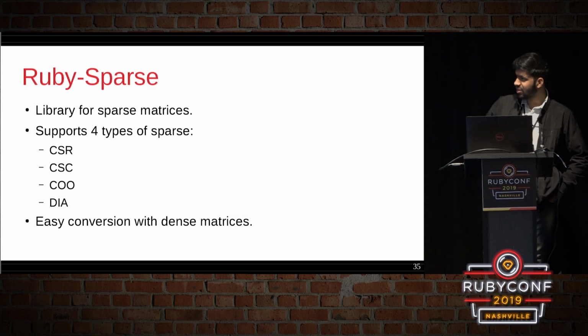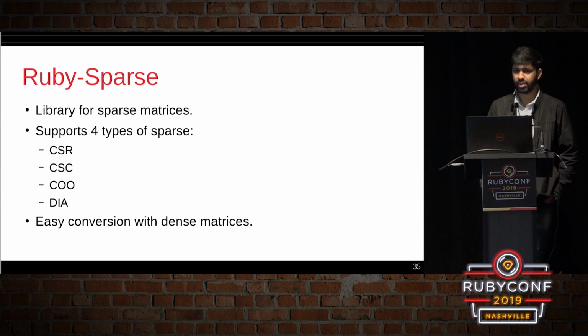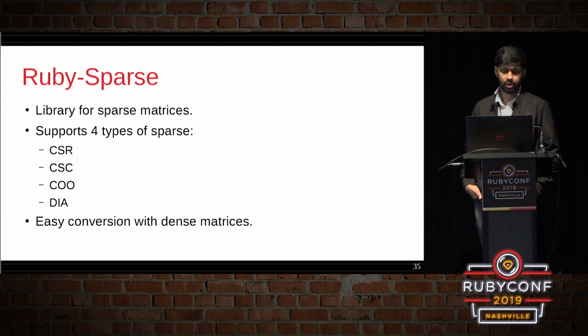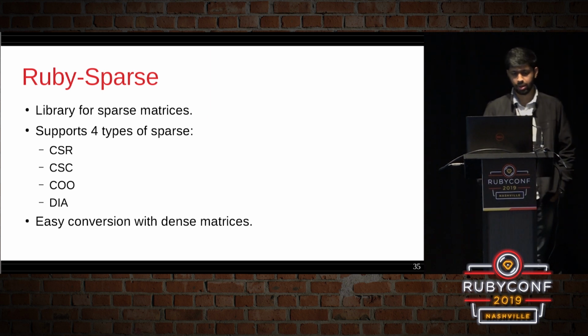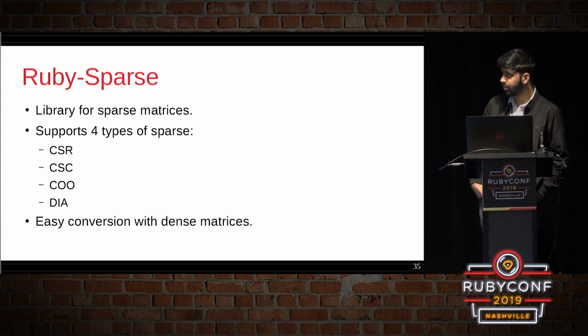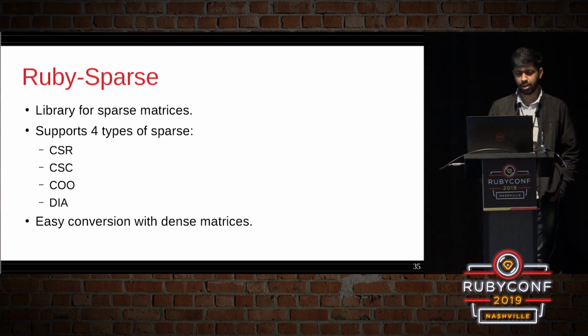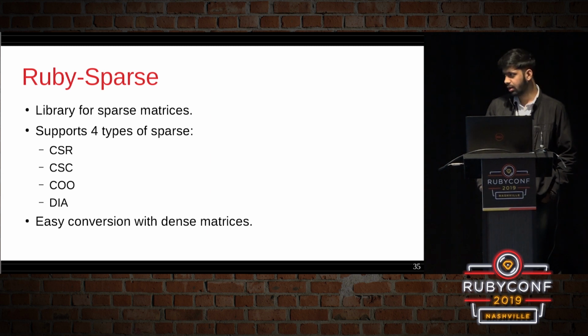So here comes Ruby sparse. Ruby sparse is special because for N-matrix you had NUMO, which was a much better solution. Or you can also, in Ruby, go with NUMO if you don't want to go with N-matrix. But for sparse matrices, you don't have an alternative right now. You do have a couple of libraries, but they are not complete. They're just weekend projects kind of stuff.